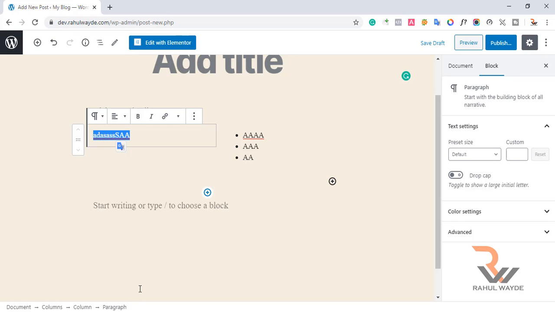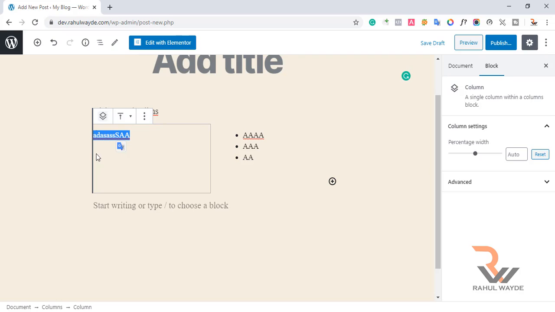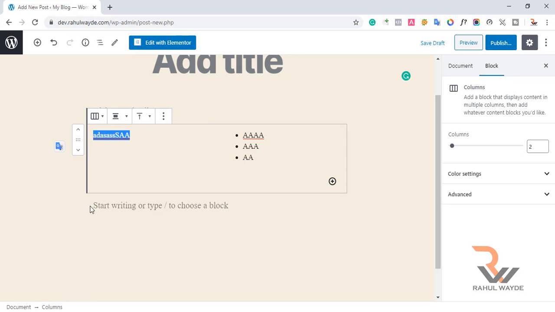So if you want to go directly to the column section, which is only this one column here, then I will click on this column. I will go directly to this one column section. If you want to edit both columns, then just click on columns, and you will find out that all the columns have been selected. So this is the new feature which got added in the 5.4 version.